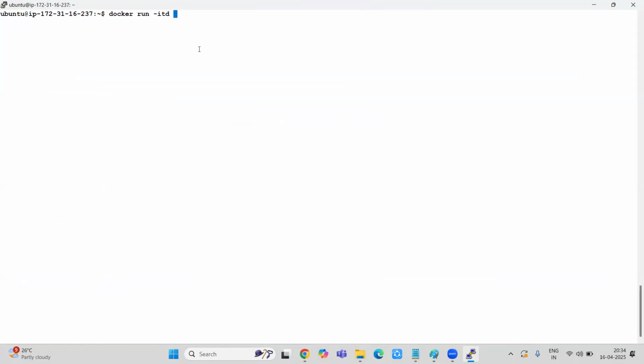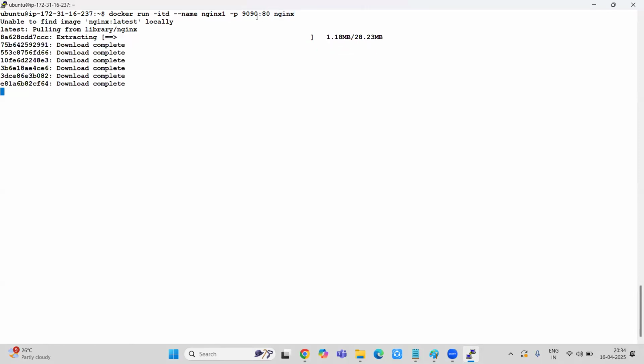Yeah, so docker run -itd, I have to give a name, otherwise default names would come. Let me give it as nginx1. Then -p, why do we need this port? I shall tell you. 9090:80.